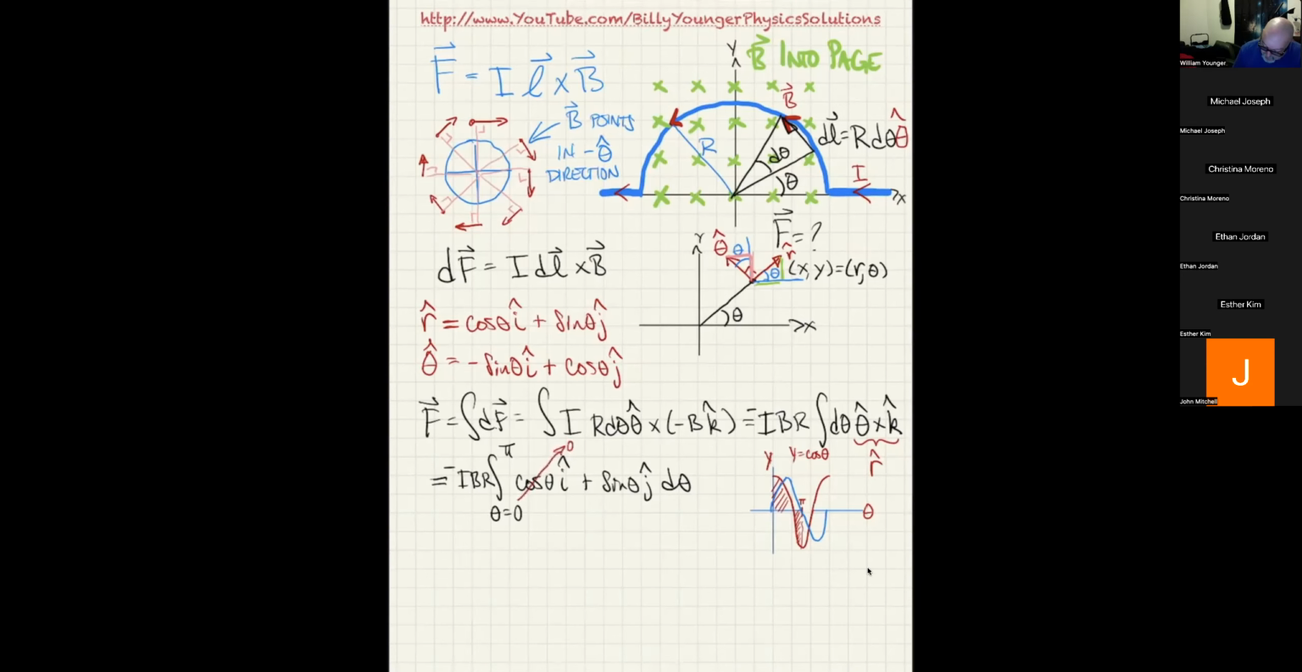So I'm just going to integrate sine theta d theta from 0 to pi. And of course, the derivative of cosine is negative sine. So the integral of sine is negative cosine. So I'm going to go ahead and put, and don't forget everybody,